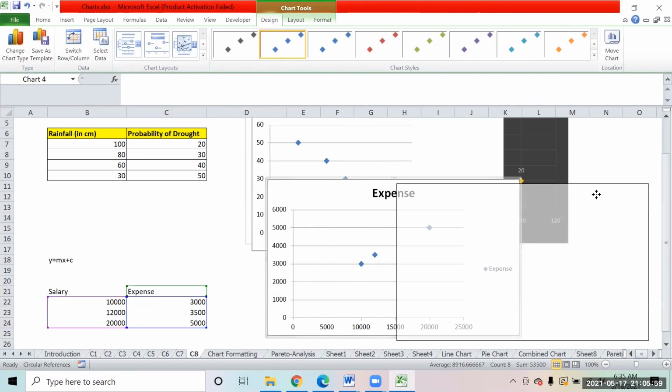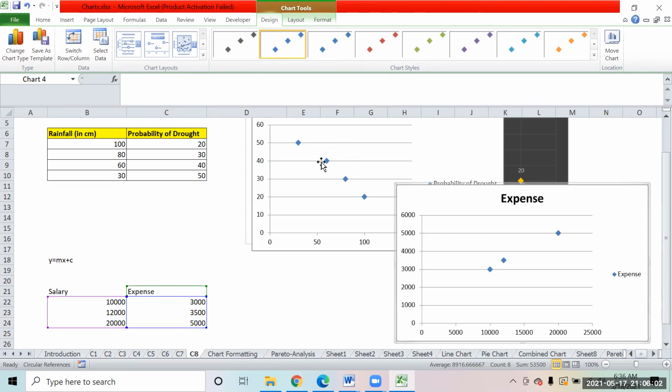The previous one was in the negative direction, one was increasing, another one was decreasing. In this, one is increasing, another is also increasing. So this chart is called a scatter plot.